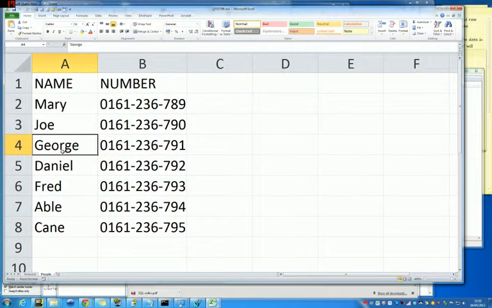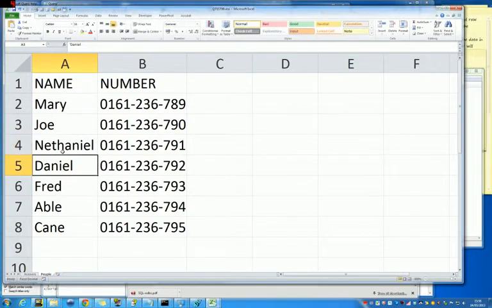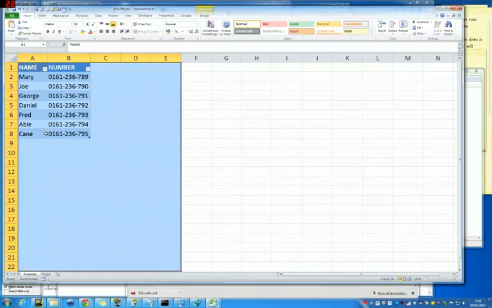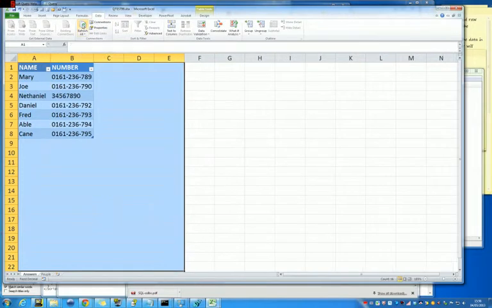So if we change George to, I know, Nathaniel, oops, N-E-T-H, Nathaniel, change his phone number to that, answers. Now that has not refreshed, however, data, refresh, there it is, Nathaniel 3, 4, 5, 6, 7, etc. Now